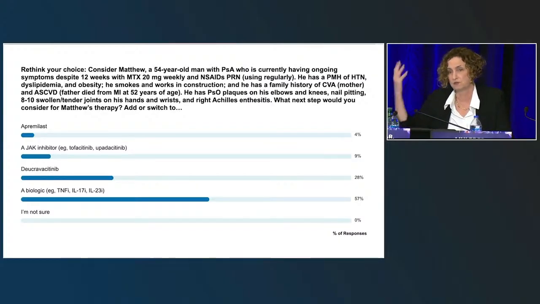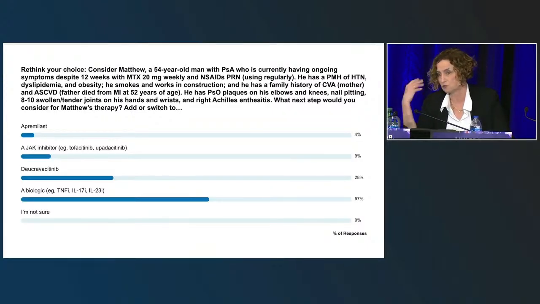So I would think about that and do the necessary imaging to rule it out, because if he does have axial involvement,